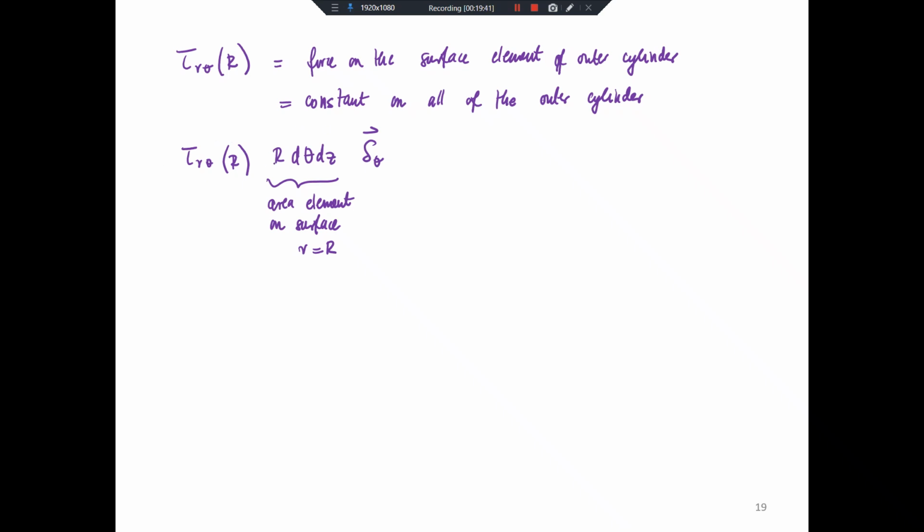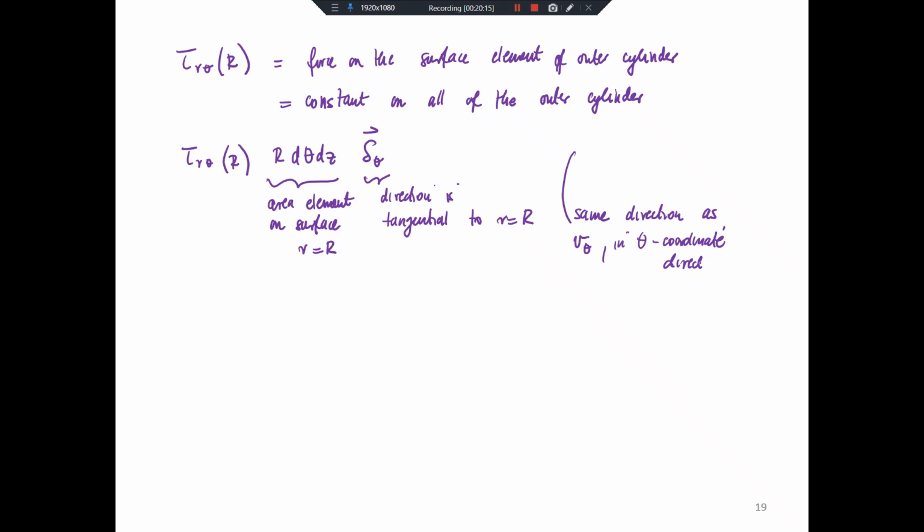Shear stress times area gives me the force, and it is tangential to r equal to R, in the theta direction. So it's in the same direction as my velocity V theta. Okay? So it's in the theta coordinate direction. So in order to get the total force,